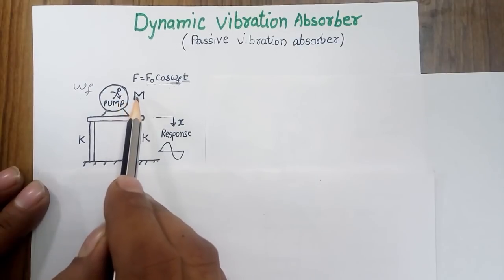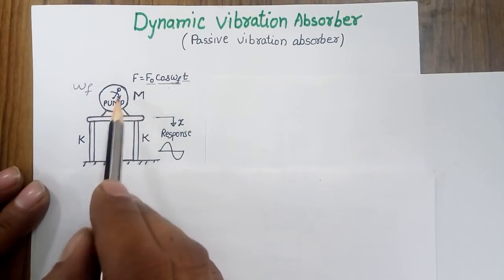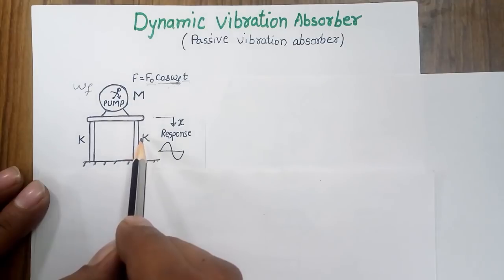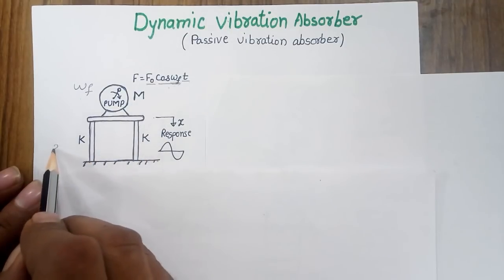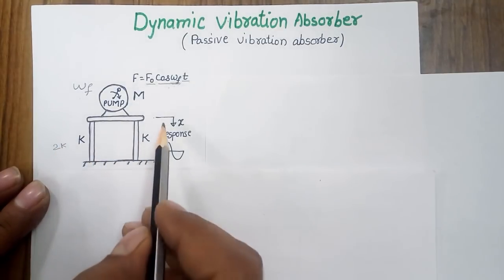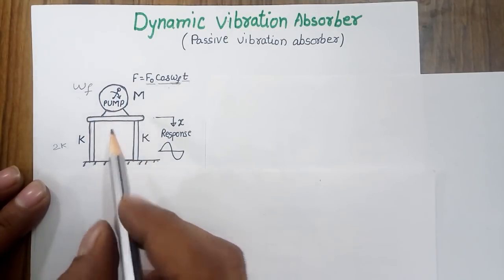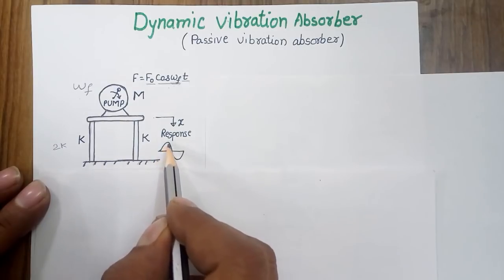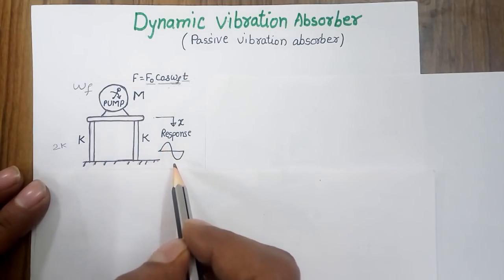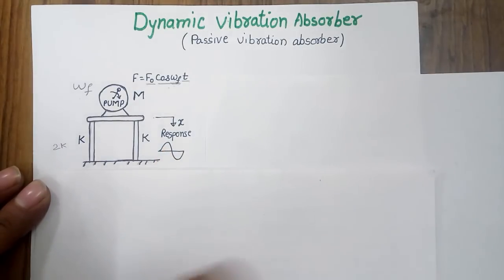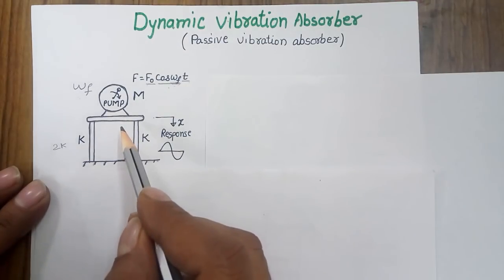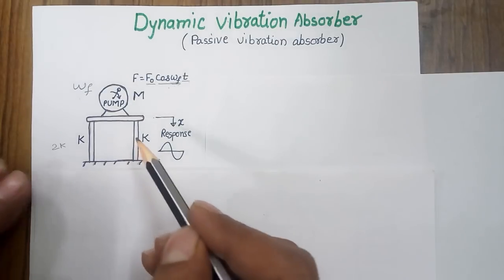I am assuming m is the mass of the pump and the K is the stiffness, so I can say that the total stiffness may be 2K. When I calculate the response of this system using the forced vibration philosophy, I am getting that the response is coming of a significant amplitude. Now, if I want to reduce the vibration of this system, I can use a dynamic vibration absorber, and the